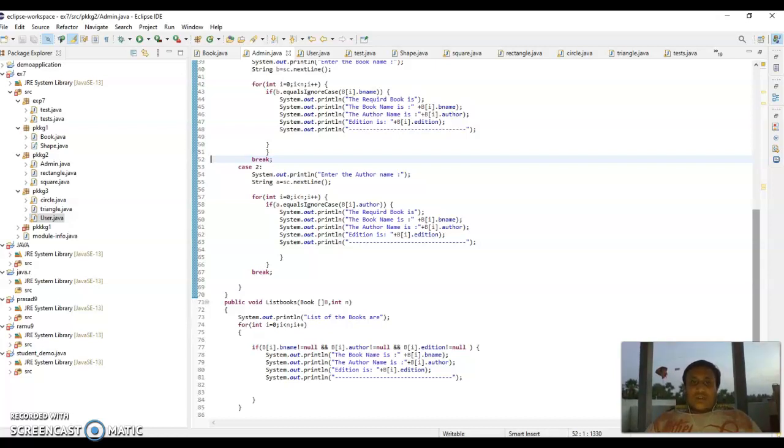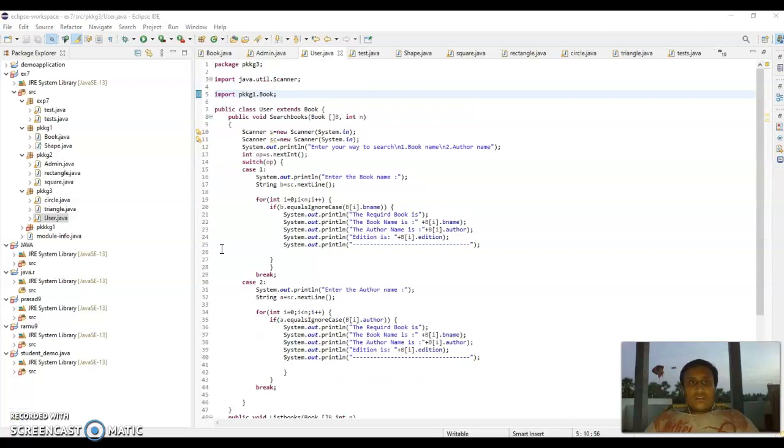for (int i = 0; i < n; i++), if b[i].bname is not null, b[i].author is not null, b[i].edition is not null, System.out.println the book is b[i].bname, System.out.println the author name is b[i].author, System.out.println edition is b[i].edition. And user, import java.util.Scanner, import the pkg1 book, public